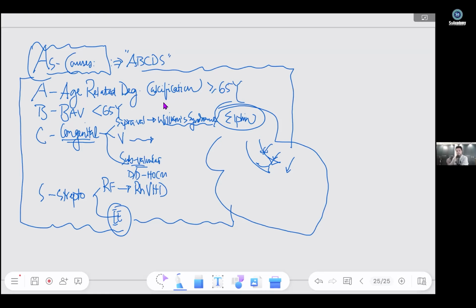So that's why this age-related degenerative calcification, rather than age, is a disease. It's a disease, because why do the other 95% of people not have this age-related degenerative calcification? So that's why this becomes a disease now. The age-related degenerative calcification is nothing but calcified degenerative changes in the aortic valve leading to aortic stenosis. And bicuspid aortic valve is very common. We'll study in our notes. We'll see